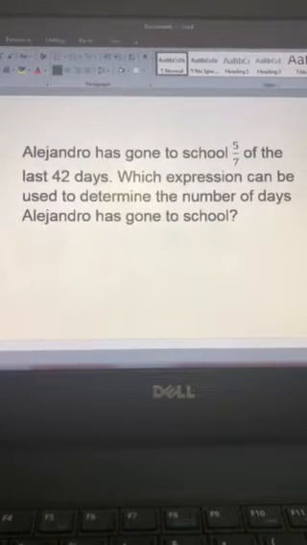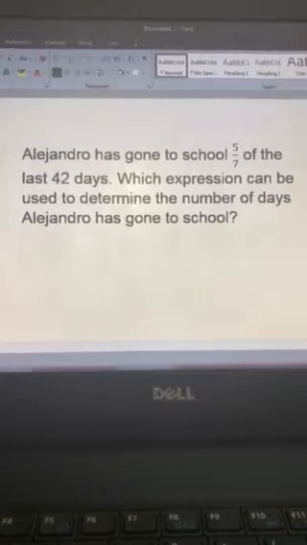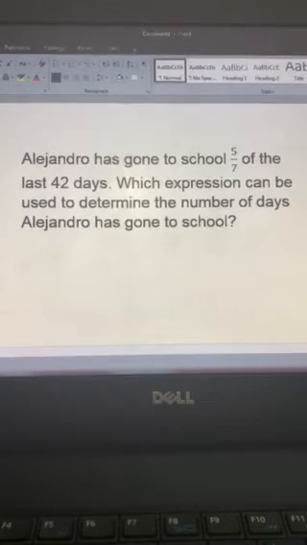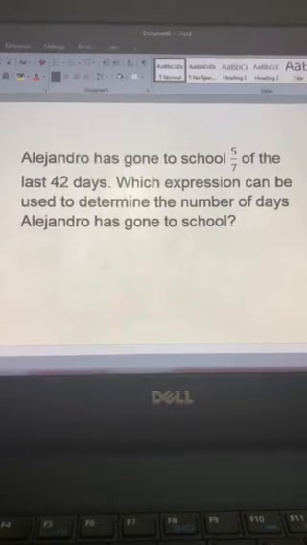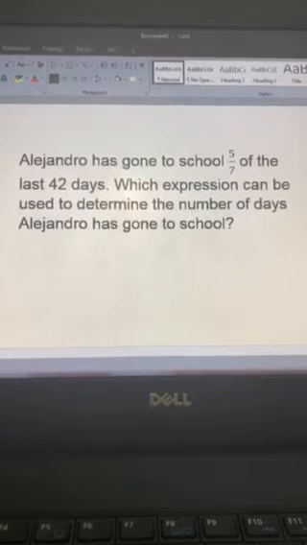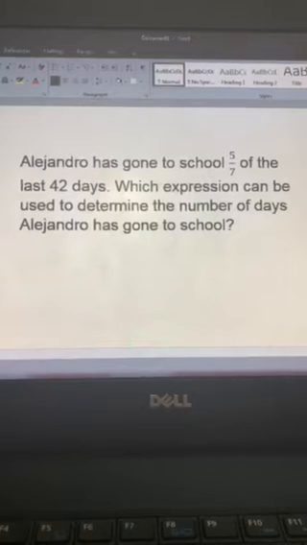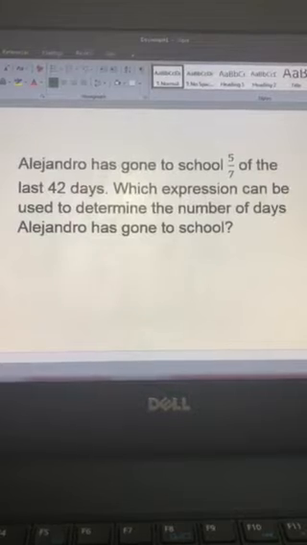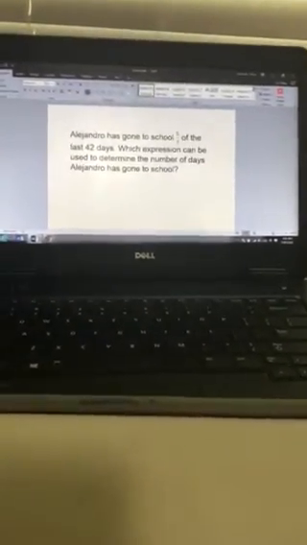"Of" is a common keyword that represents multiplication. That doesn't mean every time you see the word "of" anywhere in the problem, it's going to be multiplication. You have to be careful with the context of the problem. So here, the word "of" does mean multiply because we're trying to figure out a part of a whole. A part of a whole would mean to take the part and multiply by the whole. So the way I would do this is I would multiply 5/7